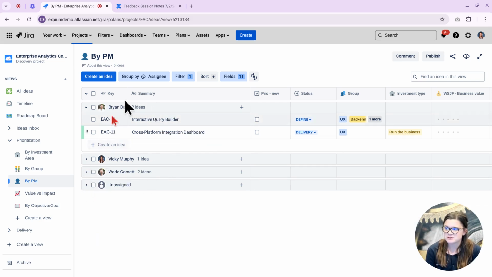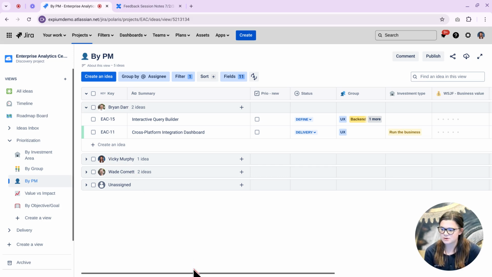In this view, I have used the group function to group by assignee, so each team member here is able to come in and easily see the ideas that they are assigned to. When we start talking about prioritization, this is where we also start to utilize some of the fields that are completely custom to JPD. If I scroll over here,